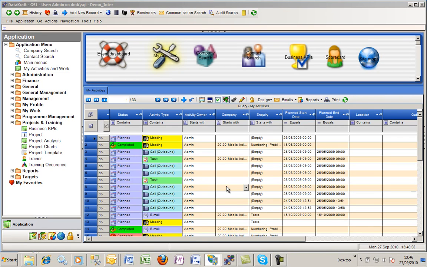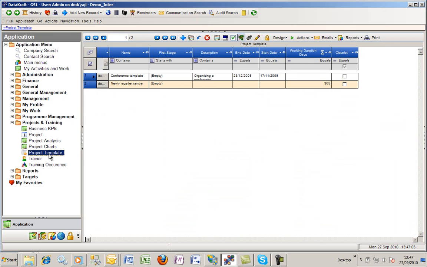This is DataKraft, and this is a list of my activities. My next task is to create a new project for a conference, but I already have a template set up,